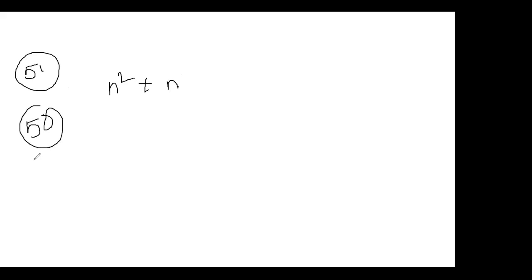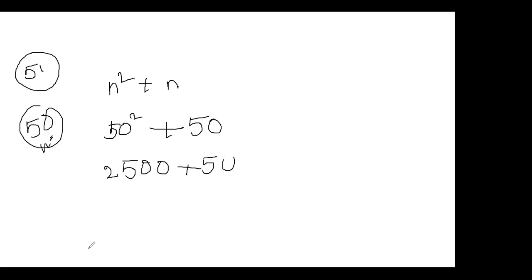Question number 51. Now see that this problem is related to even numbers. Sum of first 50 even natural numbers. What did I say to you? N square plus n. Sorry, this is not n square, it is n only. First 50 natural numbers, so what is your n value? 50. N is equal to 50. 50 square plus 50.